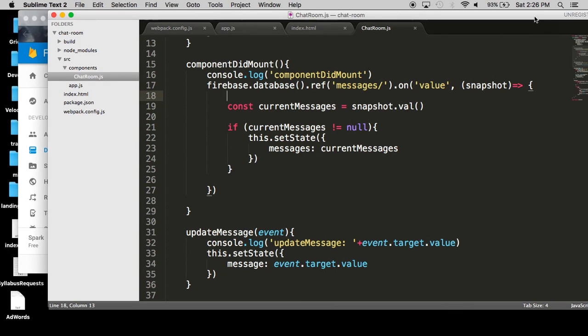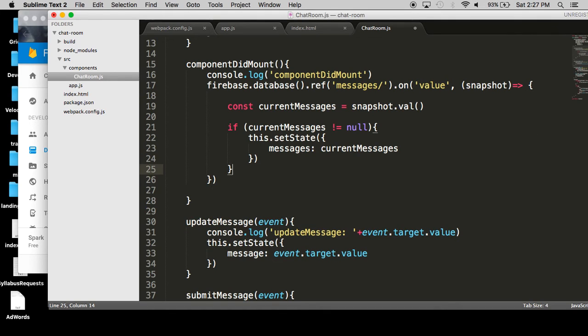This is a common misconception. We bind it on the component did mount, but it gets called every time there's a change on the back end. This function is just on standby. Okay? So what we want to do right now is test it